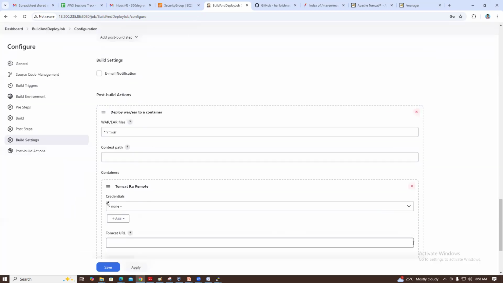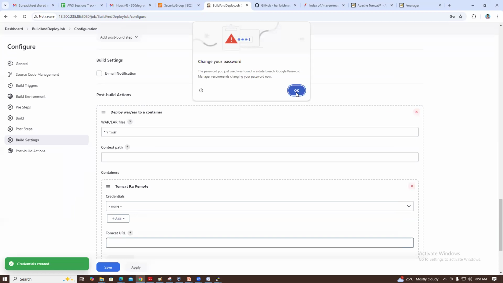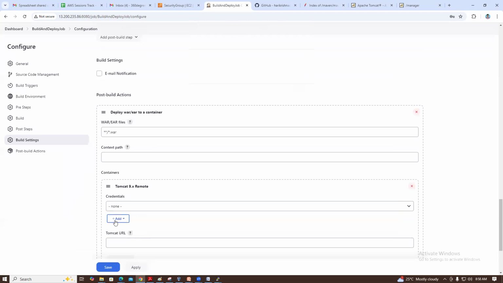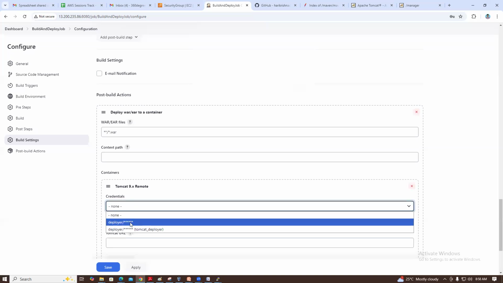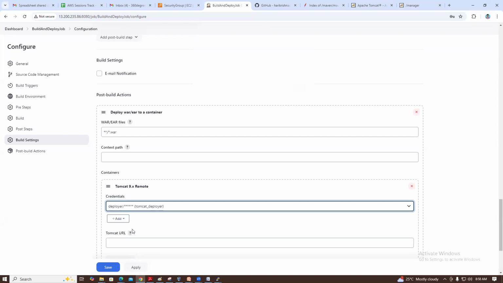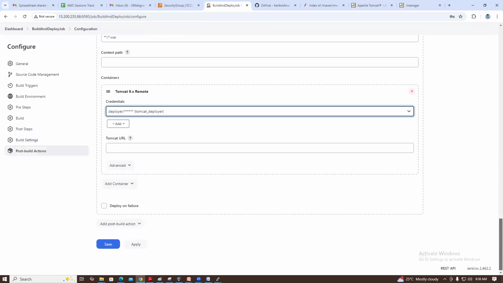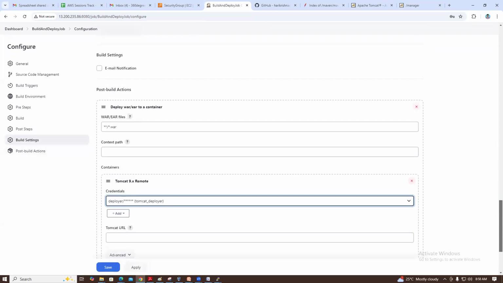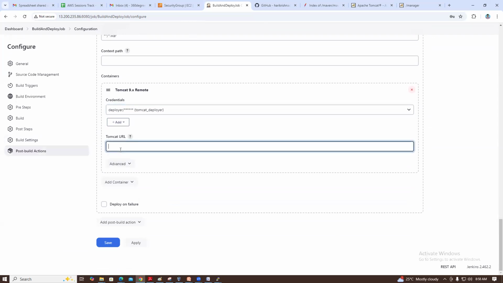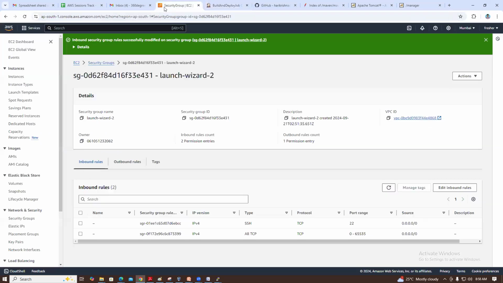Add. Okay. Is the deployer Tomcat deployer? Yeah, Tomcat deployer. Then you provide the war, right? Context and the Tomcat URL also. http://